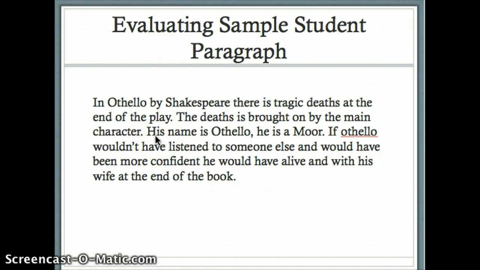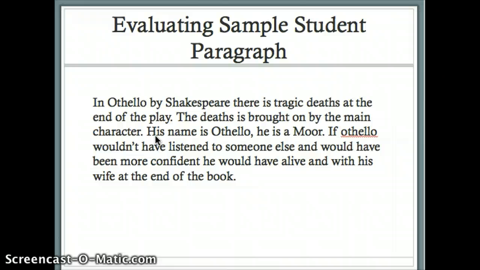You can assume your reader, your audience, has at least read the play and knows the main character, so you don't necessarily have to give this kind of basic information. Really just introduce the argument and get to the meat or the major idea